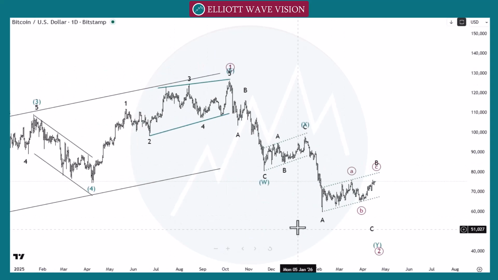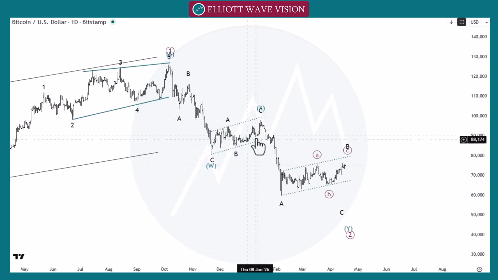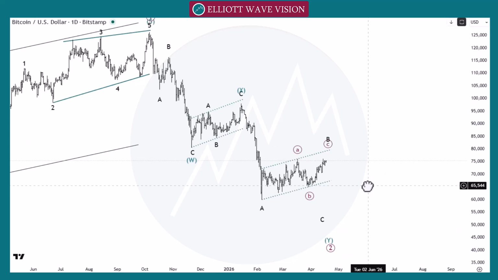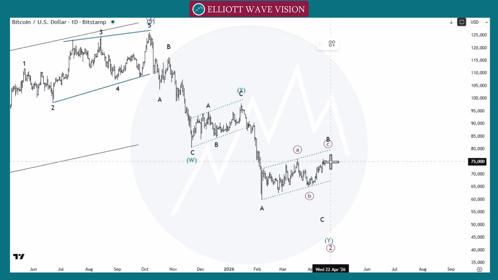Now the market gives us this structure after this green wave X as a wave A. Now wave B is in play, as a B and C towards the 80. So how do we join the next bullish or bearish move? For the bearish side, we need to wait for this move as a brown wave C to complete. Then we need to wait for the proper impulsive move towards this wave B, like 1, 2, 3, 4, 5